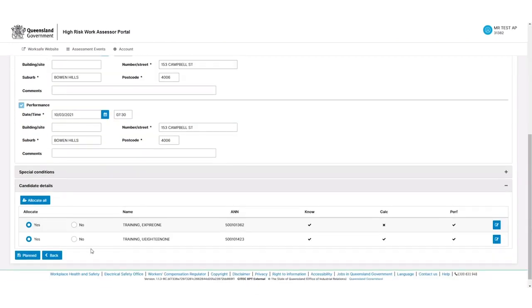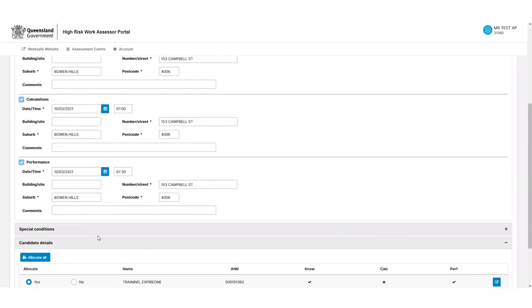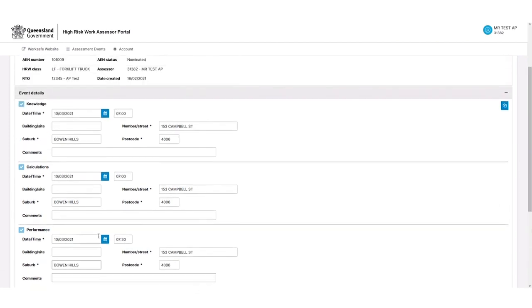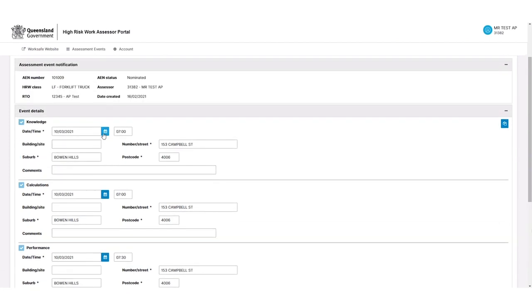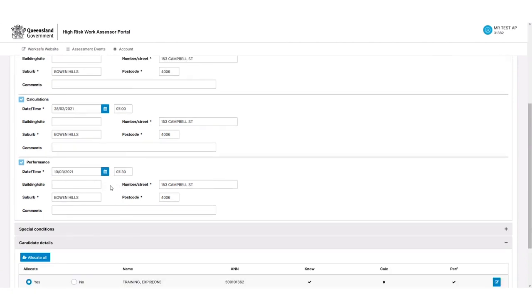Again, we can deselect this candidate and go no for our allocation, or alternatively, we can get a date for these two that will be compatible with both. In our case here, if we select a date compatible with our under 18 candidate, which would be the 28th, we can make that change for all of our assessment types.